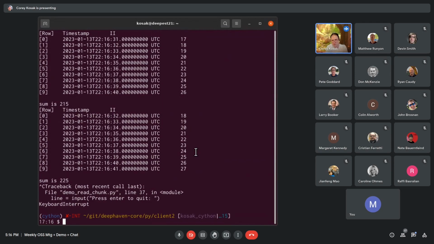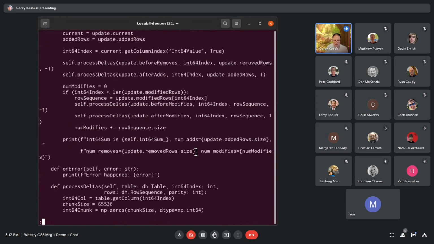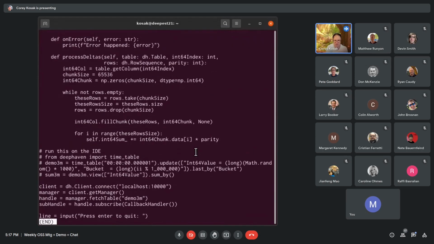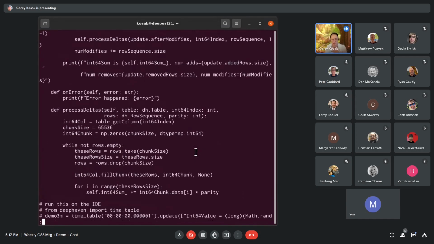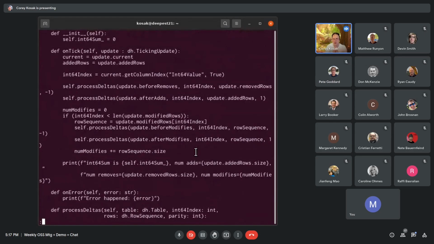And I was going to show that the code still keeps up. I'm going to show the source code first. Demo processing ticking. Basically, and this is going to look a little complicated, but the reason it's long is that... Basically, I'm going to go from the inside out. The reason it's a little longer than the previous ones is that this thing